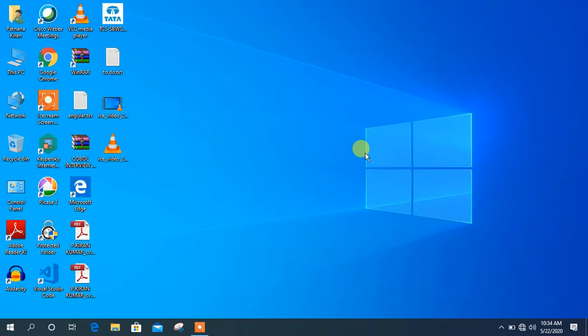In this video we are going to see how to customize or change the properties of your mouse pointer. For this we need to move into control panel. On my desktop you can see there is a control panel. You can go to control panel to customize it, but if you don't find control panel on the desktop, you need to search for it.